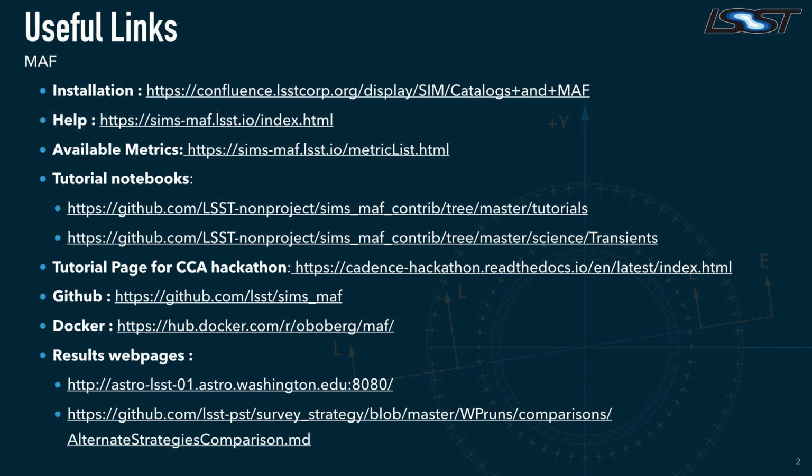There's also a nice set of tutorial notebooks, and then there's two places you should really look in the SimsMAF contrib repository. There's the tutorials, and then there's the science and the transients notebooks. In the transients notebooks, there's a lot of interesting cases where you're looking at a specific location on the sky and looking at the light curve that would come out of that, and that helps you drill down on the cadence. And so a lot of people are interested in getting that out. There's, of course, the GitHub repository for MAF. There's my personal Docker Hub repository,